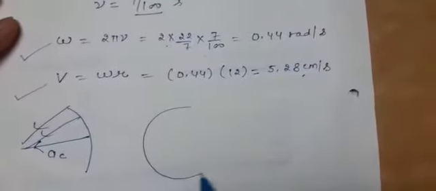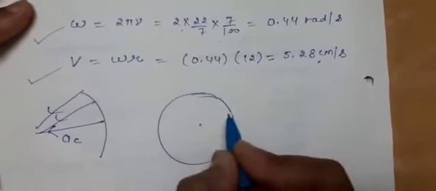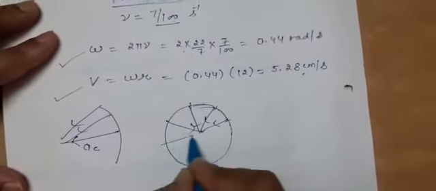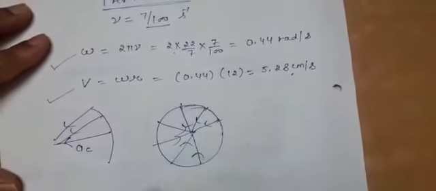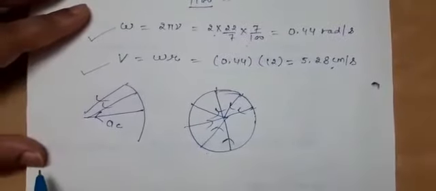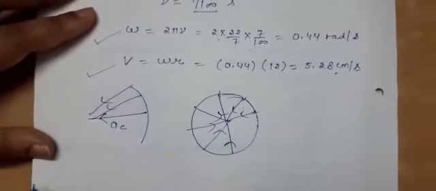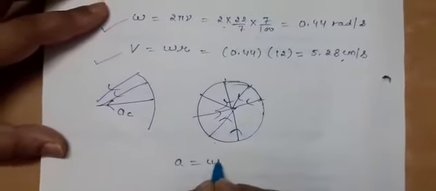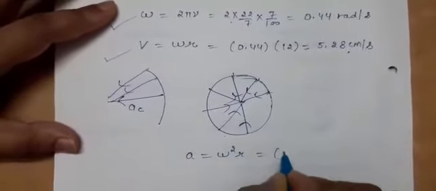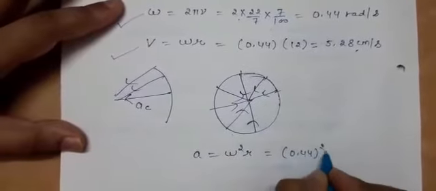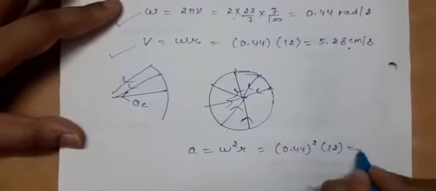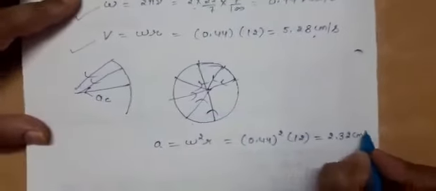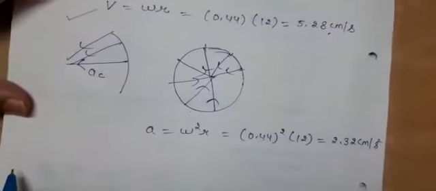At every point the direction of acceleration, although it is towards the center, is varying, right? It is not remaining constant. So the acceleration vector is not a constant vector. Now what will be its magnitude? This is omega square r. It means 0.44 square into 12, and on solving it will come out to be 2.32 centimeter per second square,